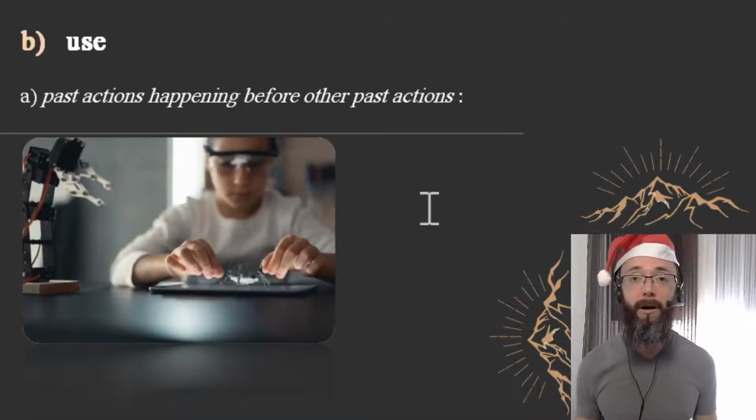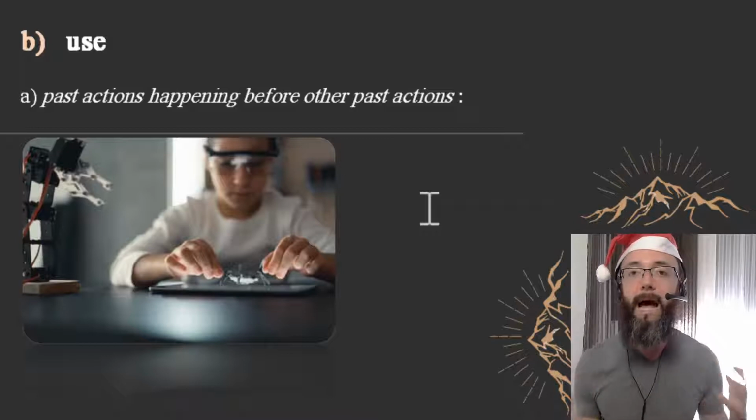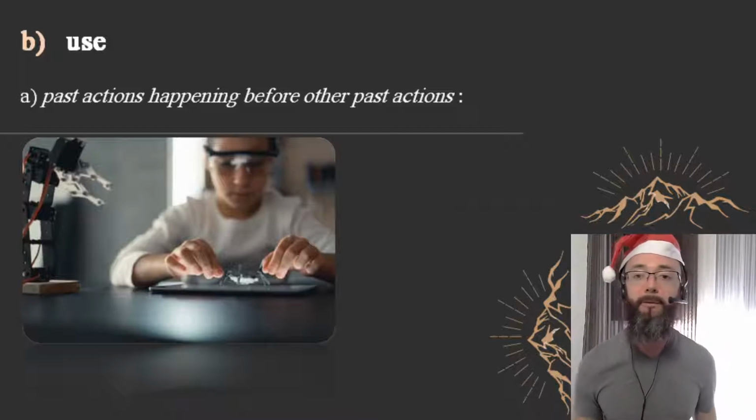Now, the second part of the lesson will be when and how to use it. Now that we can form it, we can cook the recipe. We have a beautiful array of utensils and ingredients in front of us, and we know how to assemble them. But now it's time to learn to whom we're going to present that food, because not everybody's going to want to eat breakfast for dinner and eat lunch at midnight. So we need to know when to use these tenses.